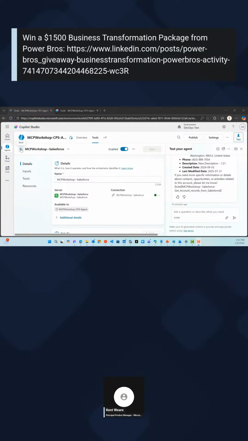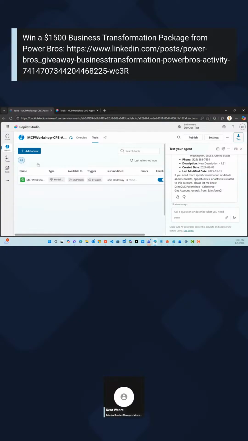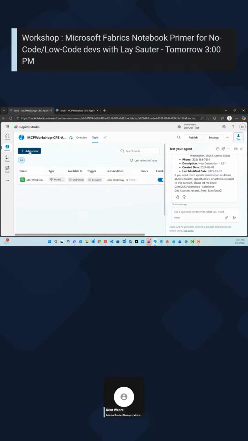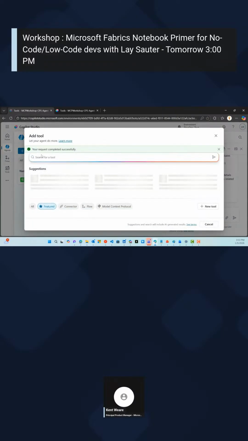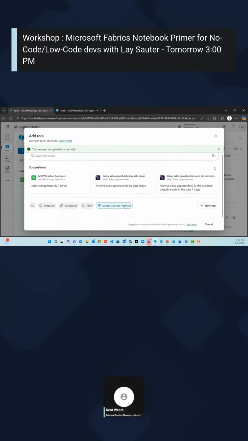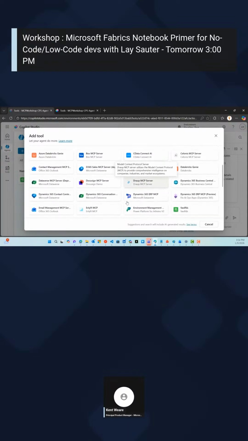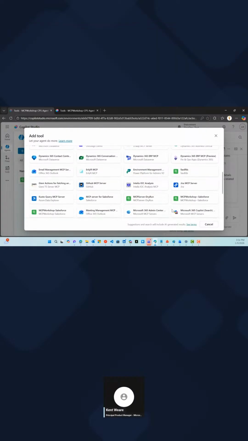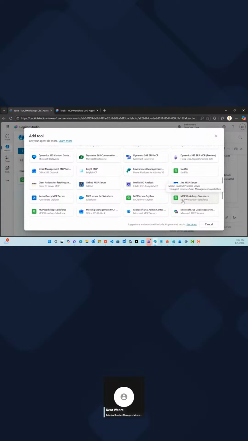Now, you might be wondering, here we're calling basically a custom MCP server. When we were in that add a tool experience previously, and we clicked on model context protocol, we saw other options show up here. And so what are these? These are generally provided out of the box. Now, some of these are custom connectors too. Under the hood, what we've just created actually is a custom connector on the Power Platform. That's how it bridges that connectivity.